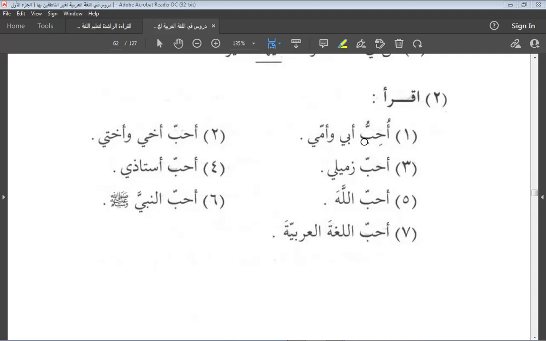Okay, so if you look here, I just saw this and it came to my mind. Uhibbu an-Nabiyya. So you see, the vowel here shows us that this is the object in the sentence. Uhibbu an-Nabiyya, I love the Prophet sallallahu alayhi wasallam, peace and blessings of Allah be upon him. Okay. Uhibbu Allah, maf'ulun bihi, the object. Uhibbu, I love. What I love is the object. Al-Lugha al-Arabiyya, it has to take fatha.